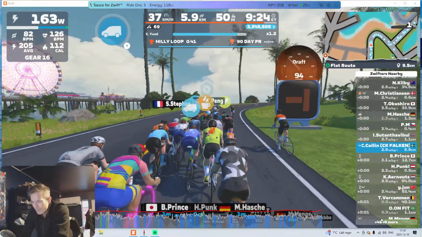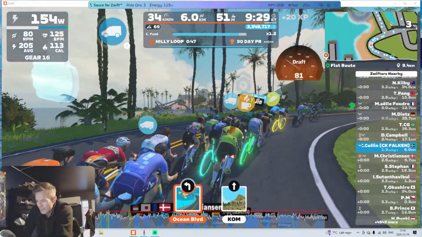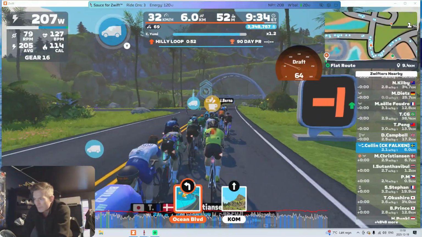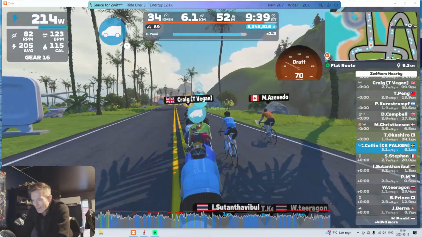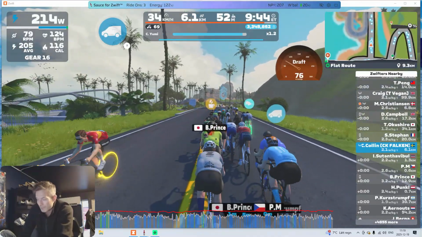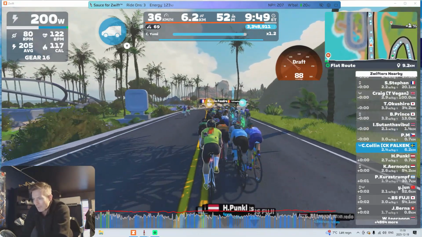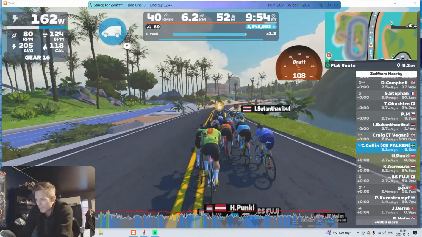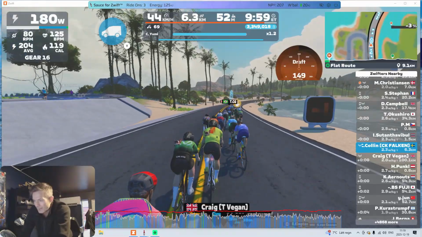Hi folks, I just noticed something that I said previously that was incorrect, and that is if you have a drafting boost, you do actually see the effect of it on the new Zwift meter. You will see that when I activate it. You see the bar is now full, but when I activate it, you're gonna see it increase. Also, I don't think you will see an increase on the Sauce for Zwift